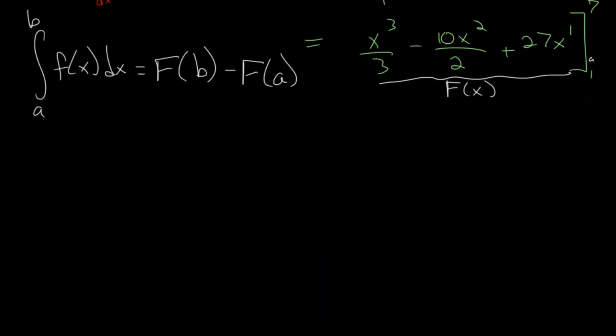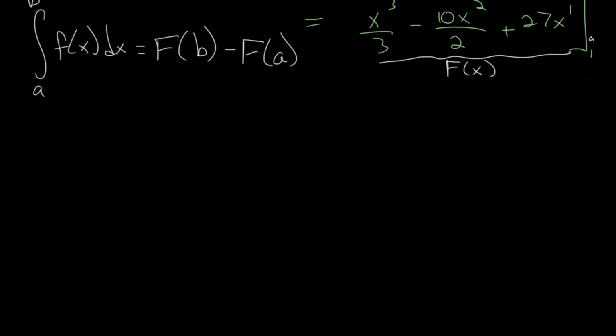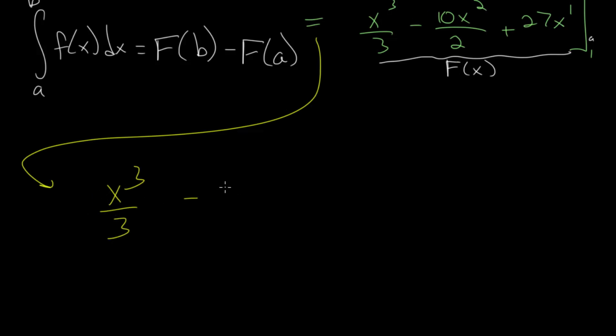And we could make a slight simplification since notice that we have 10 over 2. So let's just rewrite this. We have x cubed over 3 minus 5x squared plus 27x. And again, we're evaluating between 1 and 7. So let's start with 7 first. We do 7 to the third power and then divide that by 3. And we get